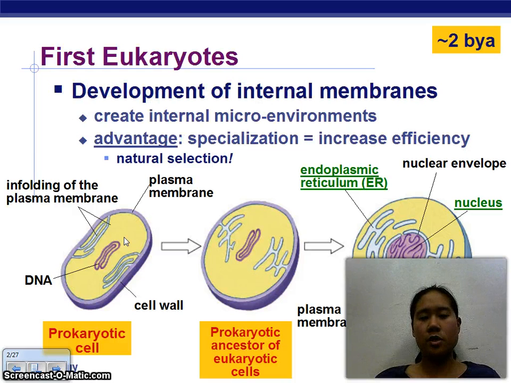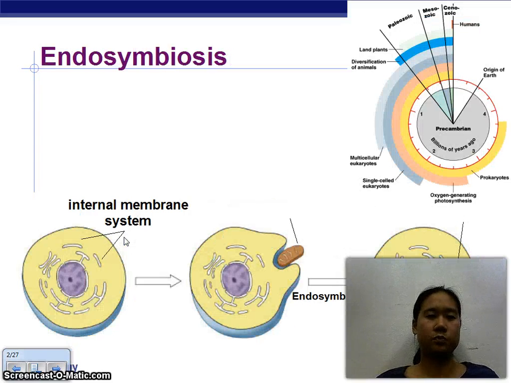So how do we develop this? We want specialization and increased efficiency. Just like we have organisms that are multicellular with different jobs, the same is true of a eukaryote. You can now specialize and have different jobs. The endoplasmic reticulum is responsible for making proteins, and the nucleus is responsible for storing DNA. This isn't possible in something like a prokaryote without a whole lot of specialization.